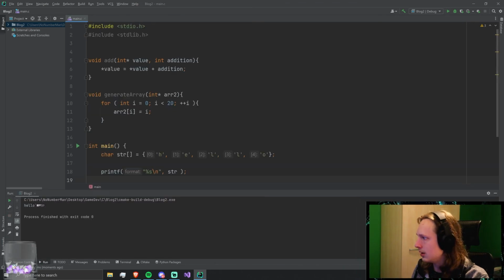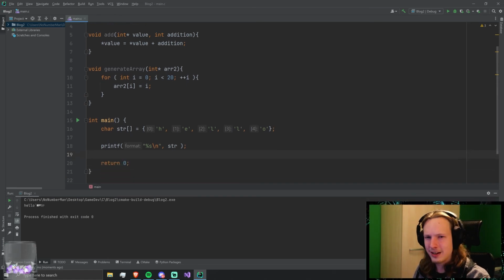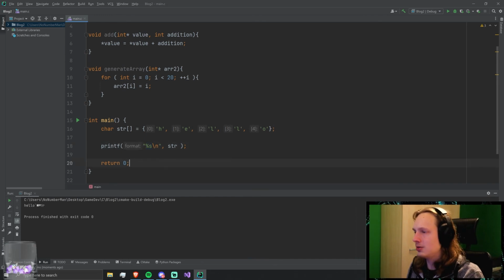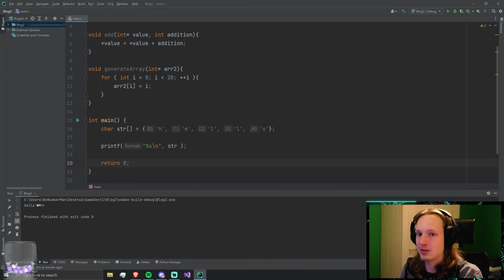Cool, cool, cool. Then we get hello with a square, a triangle, upside down triangle, 2 exclamation points, and an R. Weird. Well, the thing is, if we create a bit of memory like this, it really only contains an H, an E, an L, another L, and an O. Once printf reads through that bit of memory, it will just go, well, H, great, E, L, L, O, fine. And then it just reads the next one, because it doesn't really know where to stop. You didn't specify a size of the string. Just like I said, an array doesn't actually contain the size of itself in C.